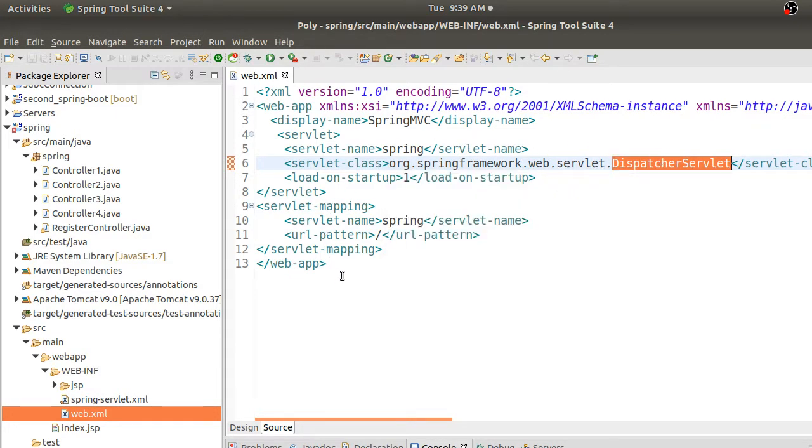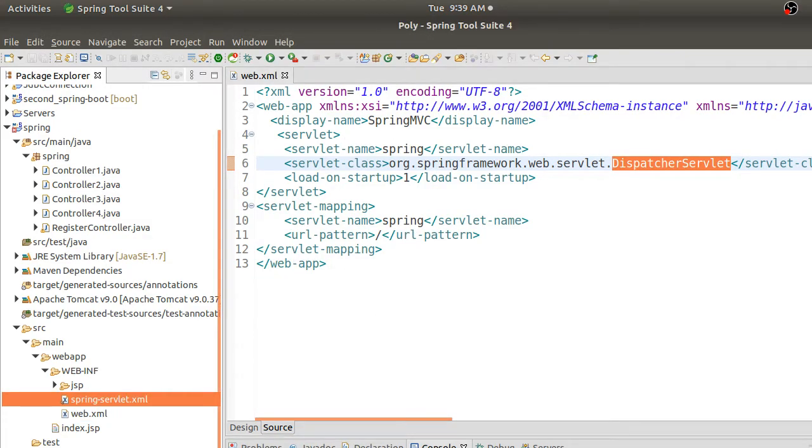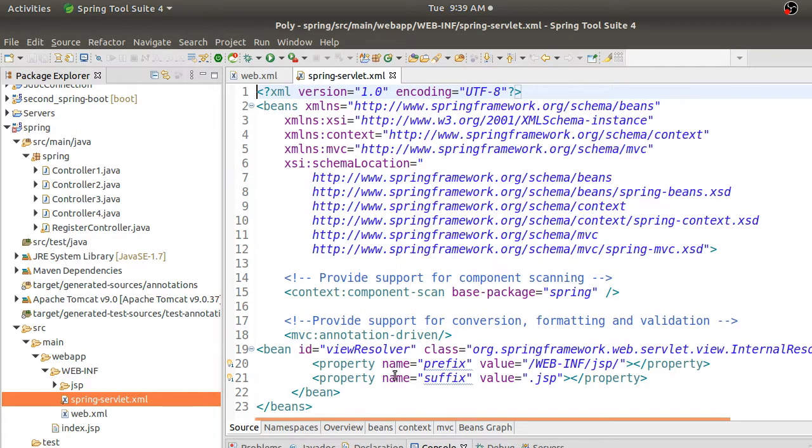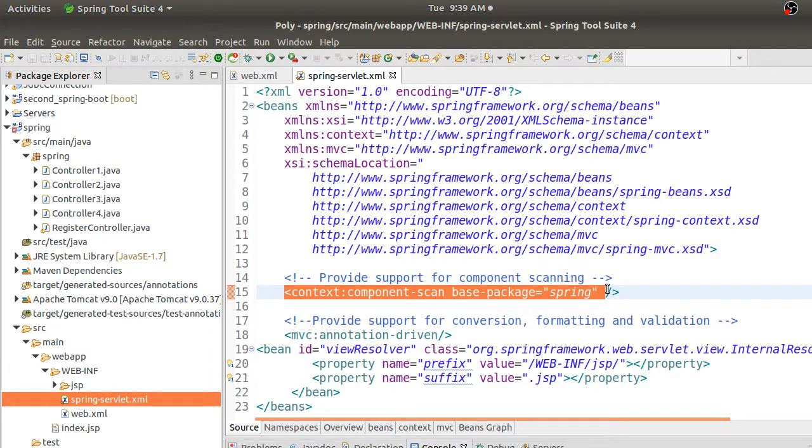In our normal servlet application programming, we used to map for each request what is the servlet. We used to map all the classes there. So here in Spring, we avoid all the configuration written in the same file, web.xml. We have a separate file called spring-servlet. Because it's the name of the servlet, whatever front controller name you give, you are supposed to configure with the same name, spring-servlet. So here I have written component scanning with the base package called Spring.